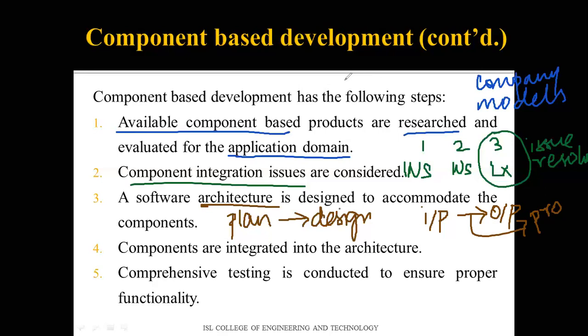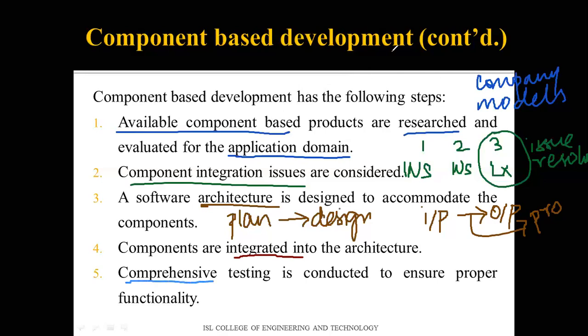The fourth point is components are integrated into the architecture. Now, as you've made the architecture, you know what is the plan, which particular component needs to be connected by which cable and where. So you're going to integrate all of these components within the software. The fifth point is